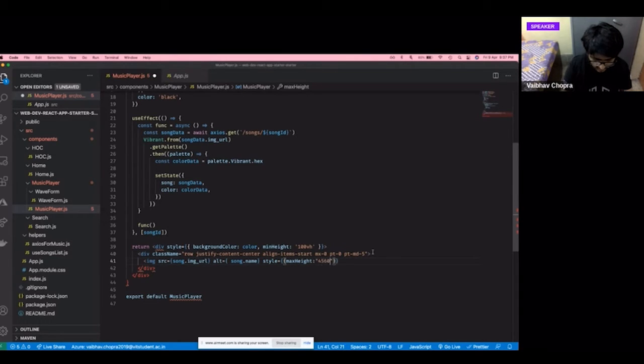I will pass the maximum height of this cover art to be 450 pixels because that's good enough. Most phones are not more than 400 pixels. So I wanted to take the full page on the phones, but not on the big displays. And I want the width by default to be 100 viewport width, but the maximum is 450. So if you can, then take the full 100 viewport width, but not otherwise. If the whole viewport width is more than 450, which is true for most big displays, you are not allowed to take the full space. And this is a self-closing tag.